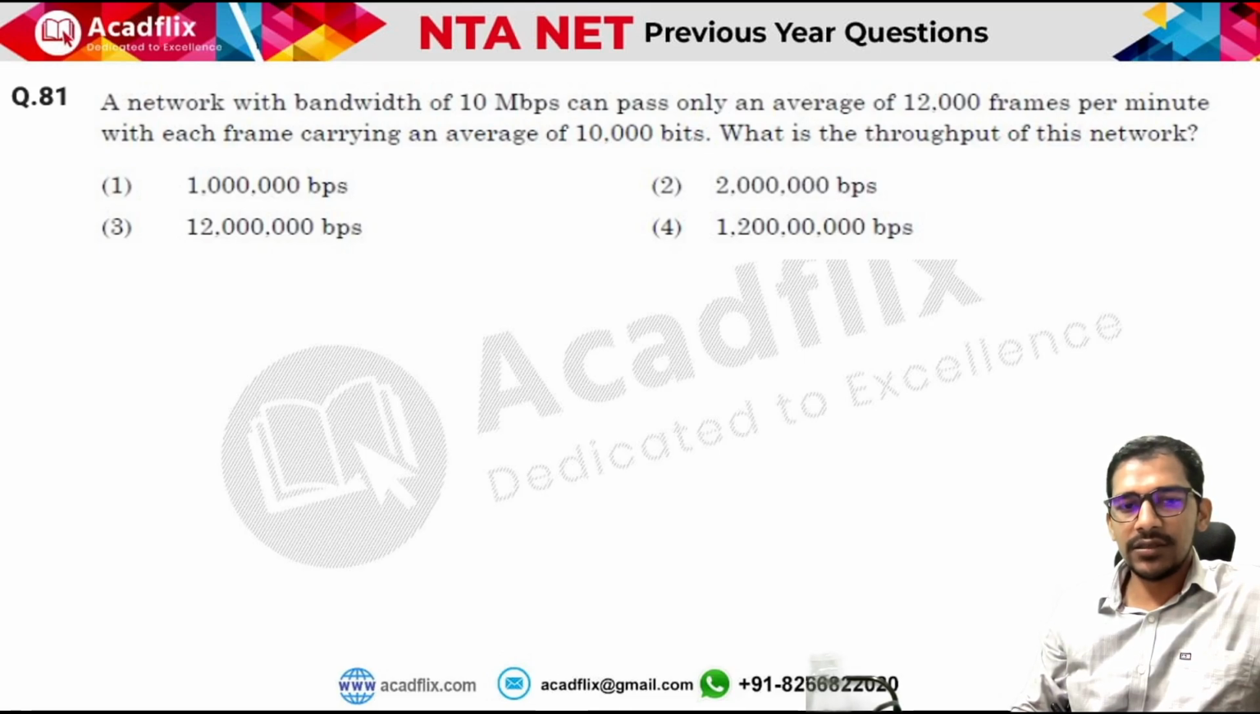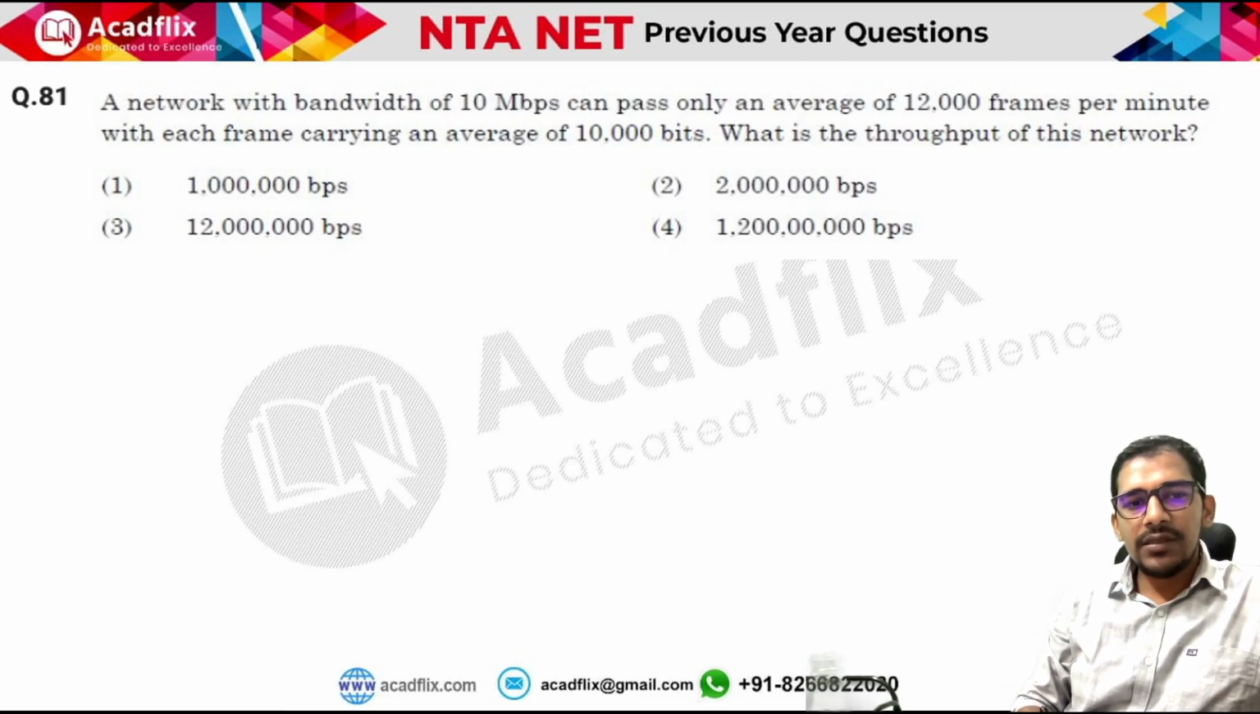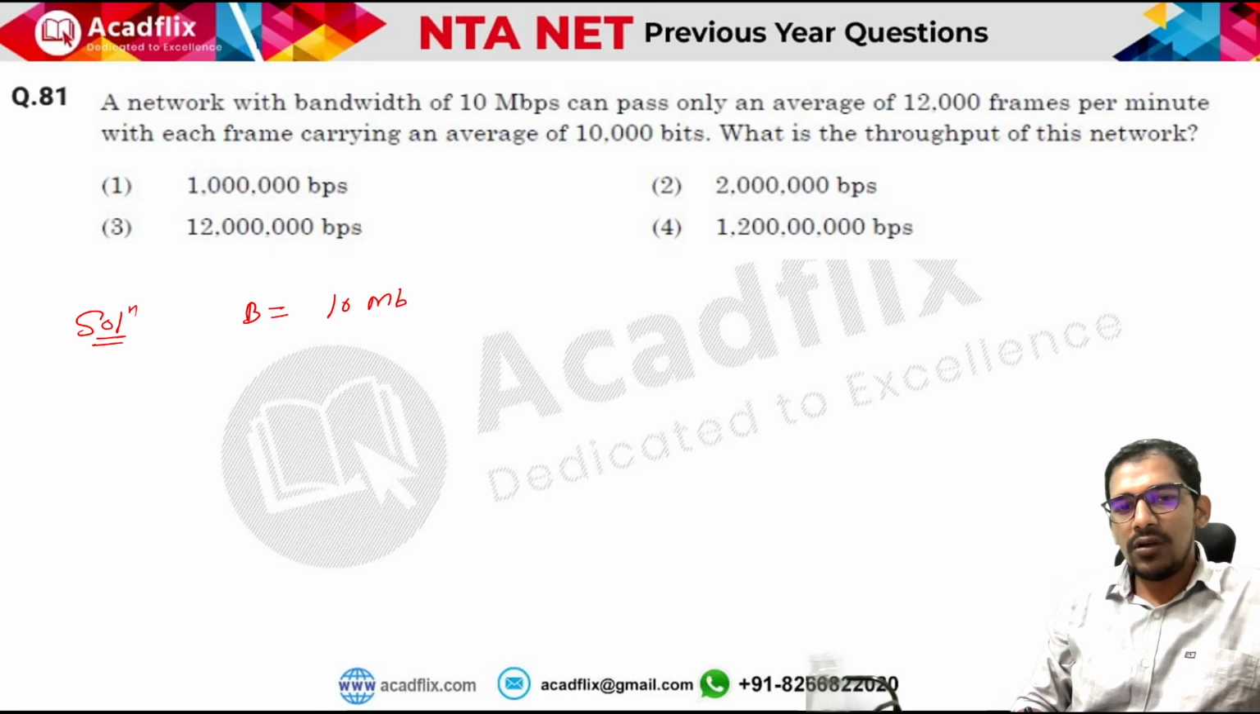So in the last class, we have solved this question, and in this question, we are given that the bandwidth of the network is 10 megabits per second. When we see a small b, that means bits, and a capital B usually means bytes. So we have 10 megabits per second of bandwidth, and we have a station, and this station is passing 12,000 frames per minute,